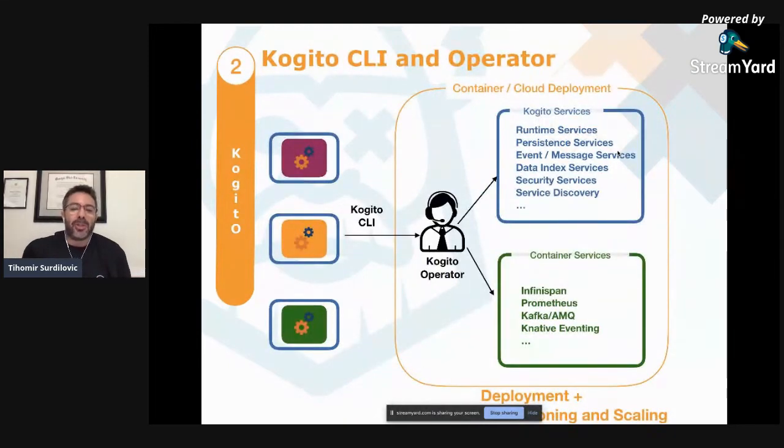Now, what does the big picture look like? Once I've generated my domain-specific microservices, Kogito offers a CLI. The CLI allows you to easily go from your microservice, or even a simple rule or a business process, you don't really have to, it will generate the microservice for you. So you can go from your business assets to a microservice, which then can be deployed on a container or a cloud platform. On the containers and cloud platforms we have a Kogito operator because we're trying to run in the cloud. Currently, I believe it's targeting OpenShift, but we're working on one for Kubernetes as well.